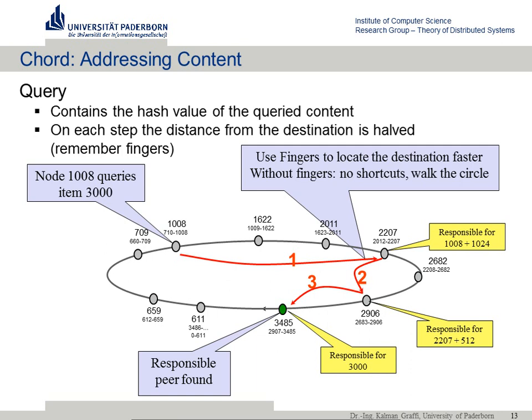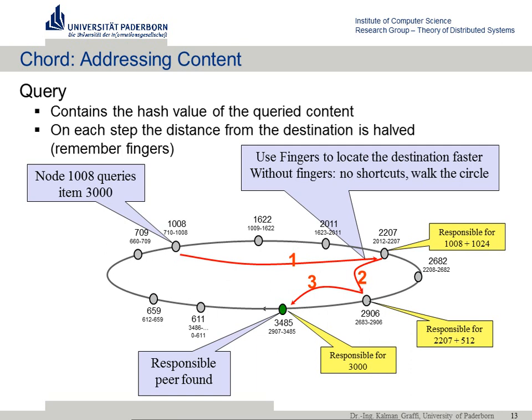So the routing starts here. If you are looking for a specific object ID, then you just have a look at your fingers. So you use that finger that is closest to it but doesn't go beyond. So if you are node 1000 and you're looking for item 3000, then the closest finger which doesn't go beyond is the one pointing to your own ID plus 1024, and this is the node responsible for it, so this is your first hop, and that node also uses its fingers,